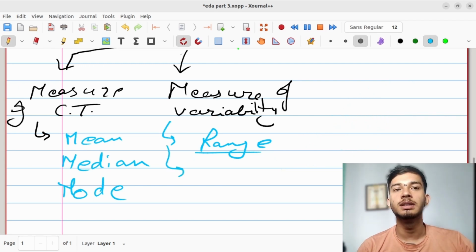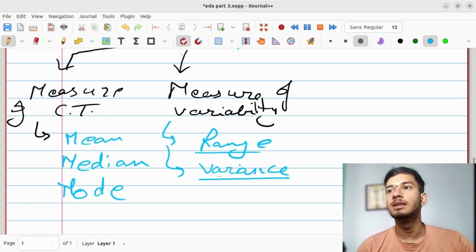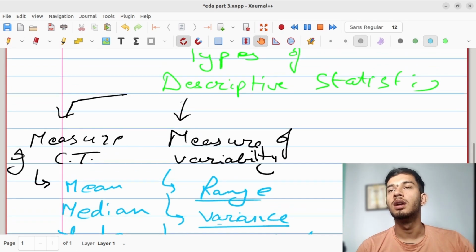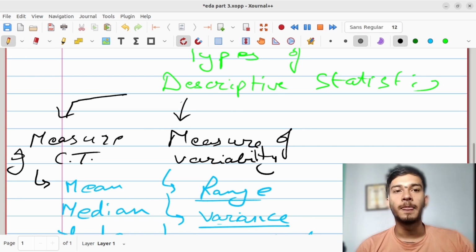Another measure of variability is variance, which is a measure of how spread out the data is from the mean. How your data is spread from your mean. Like suppose your mean value is 10 and you have values 15 or 20 or 30. So how far these values are in your data will be given by the variance of your dataset, right? And another measure of variability is standard deviation. It is the square root of the variance. It is easier to interpret, right? So that's why most of the time you would have seen standard deviation in some algorithms or in some code that uses descriptive statistics, right?